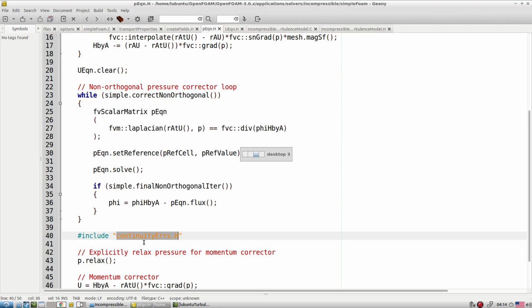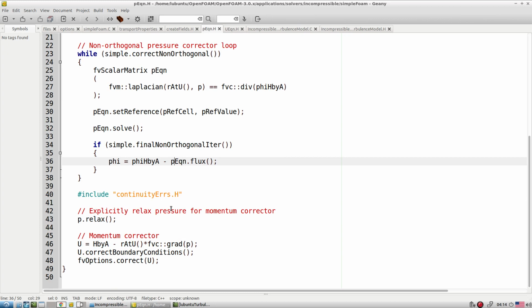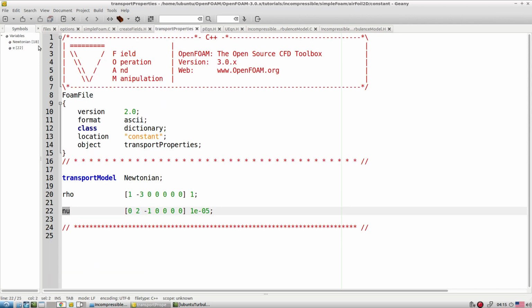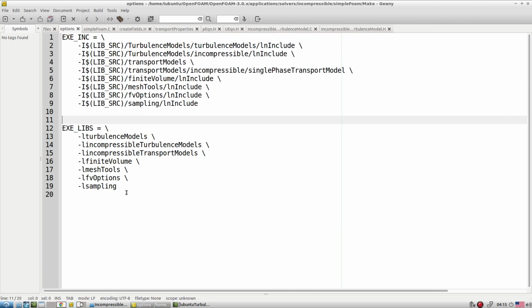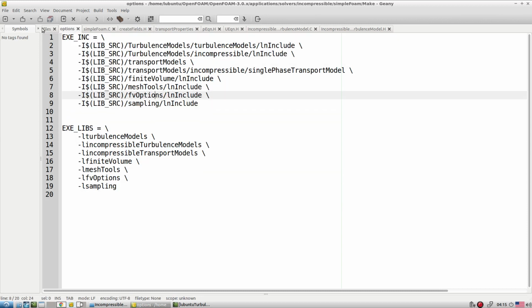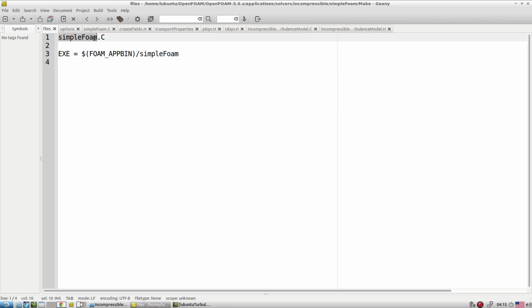Now this is how you can check the code for simpleFoam. Here in createFields, if I quickly give you the idea, in the options we try to link all the required libraries and dependent include files. Files gives you our source code, and based on the source code, the name of the exe file.